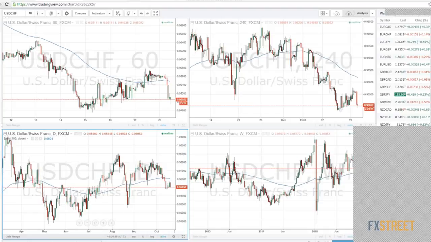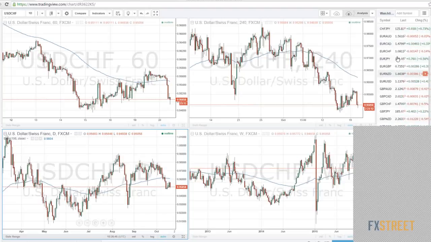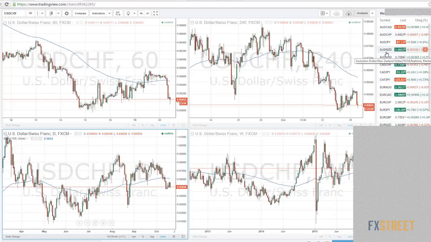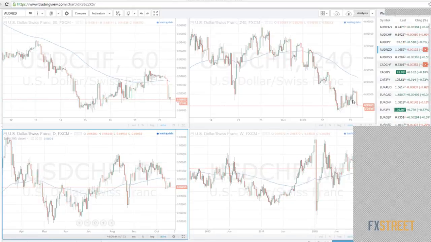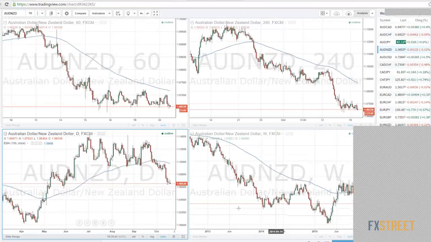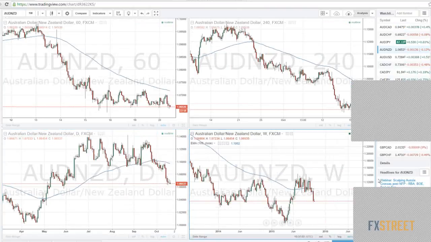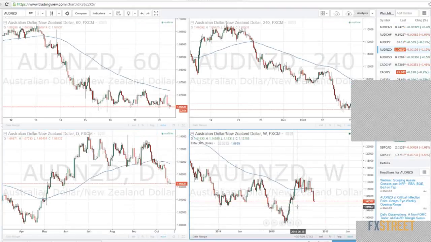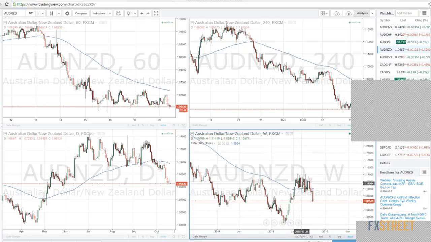No, I let the trades run, Mark. I look for the big levels. So for example, if we look at, let's go look at the Aussie New Zealand. So I have an idea of where it can go to. Looking at this chart here, we're trading into fresh air. So I'd at least want it to move down towards the 100 pips or so down here and then see where it goes. But with this sort of momentum here, I'd expect over the next few weeks that the market would drop down towards the